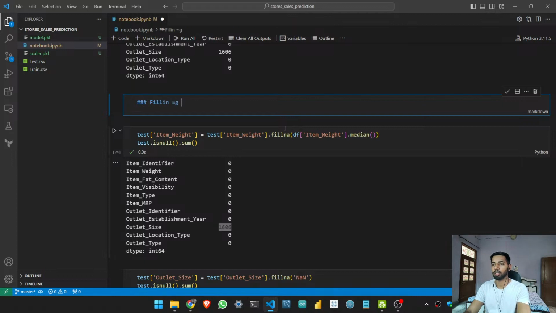Filling null values of column item weight with the median value of